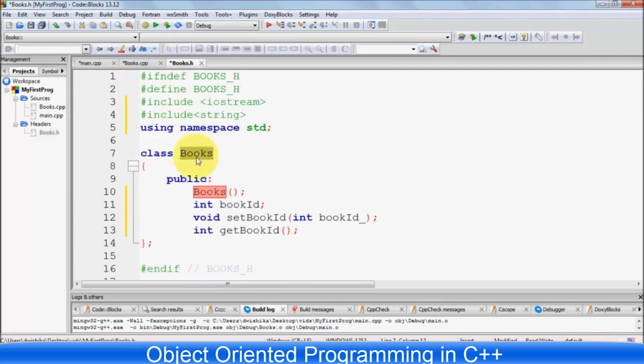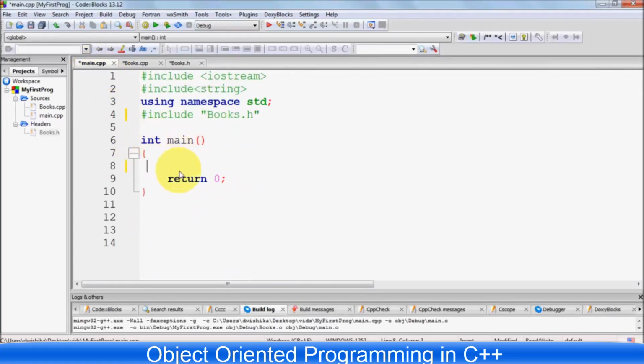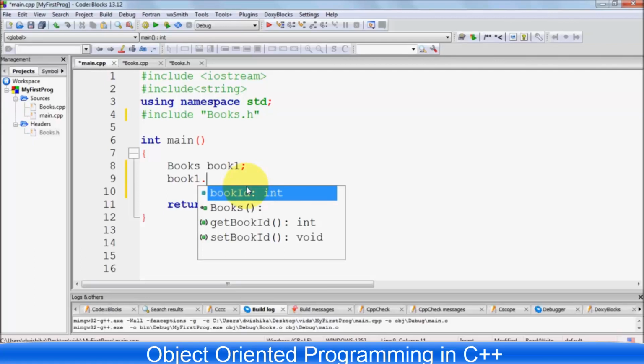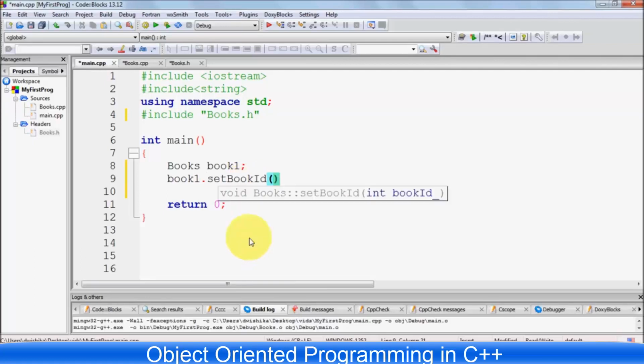Whatever you can make the object of the class, I have already told you how to use classes. So just copy the name of the class, go to your main function, and we will define the object of the class books. And for example, book 1, so this is the object declaration, and then we can use this object to call the member functions of the class. So first, book dot, I will call this set book id. So this will set the book id, and this will take some arguments. So I want to set book id is equal to 100, for example, and I will use get book id to print this